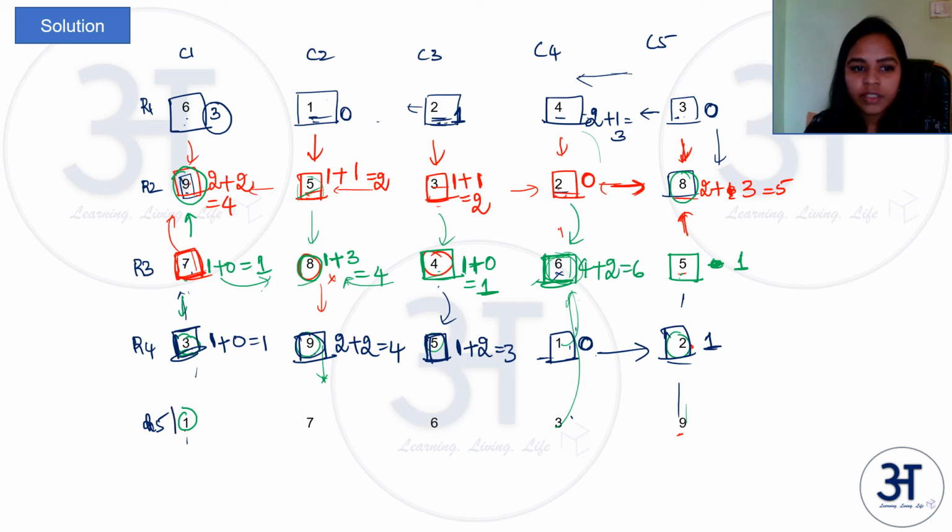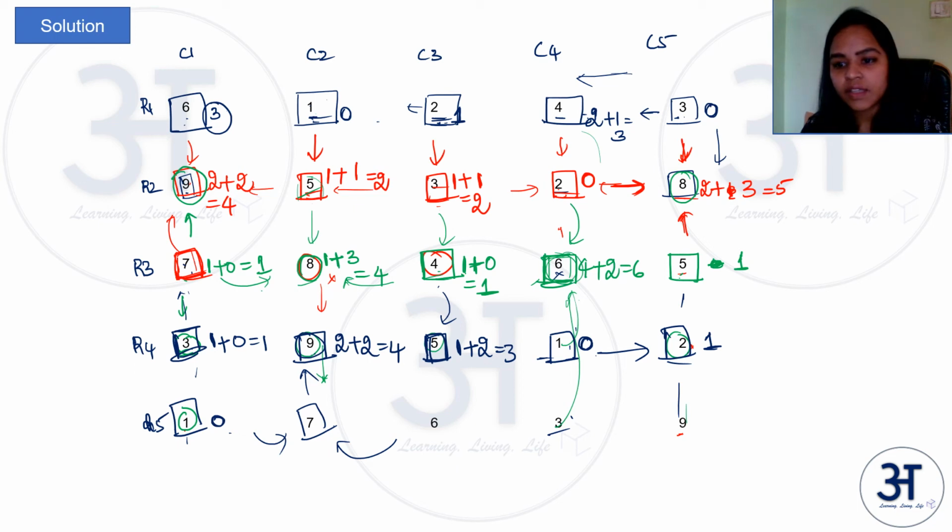Coming to last row and first column, R5 column 1, again for 1 it is 0, no one can reach 1. Coming to 7, in the column wise 9 is directly above 7, so it blocks everything else. On the left side there is a 1, it can reach 7. On the right side 6 can reach. Then we have 3 which is less than 7, but there is a 6 which is greater than 3, so 3 can't reach, so only 2 possibilities to reach 7, and 9 is greater than 7.